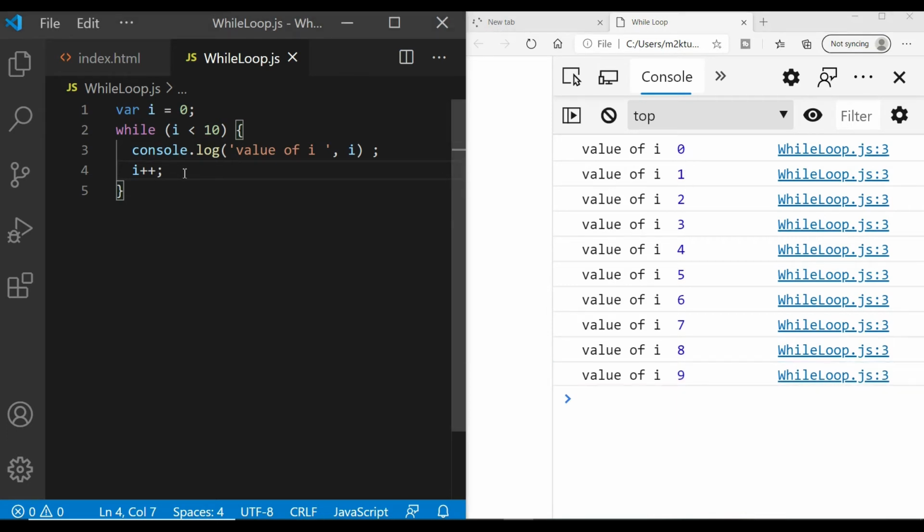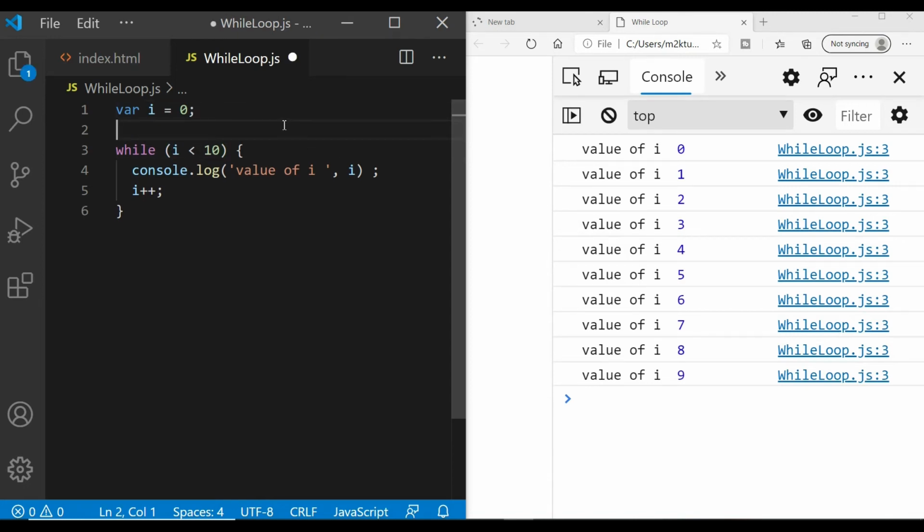So guys, this is a very important thing with the while loop. Don't forget to put an increment or decrement based on the condition, so that this condition eventually fails for some value. Otherwise your while loop will keep going on and on, and eventually your code will break, or your system or browser will crash, right? So you need to remember that.